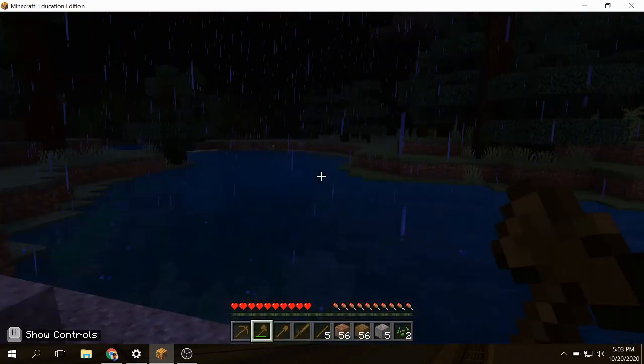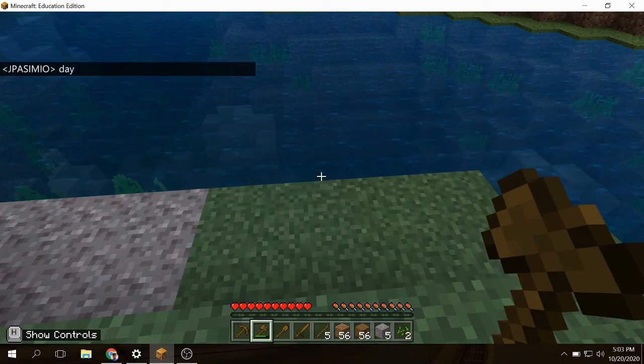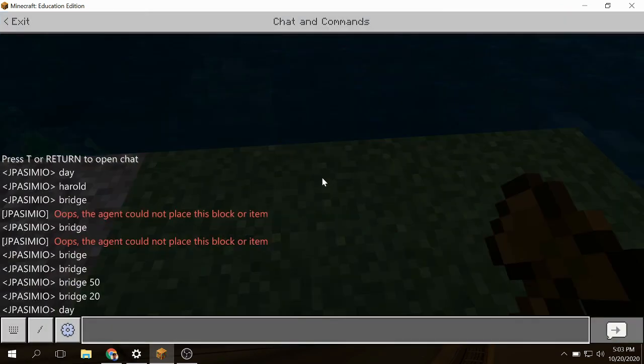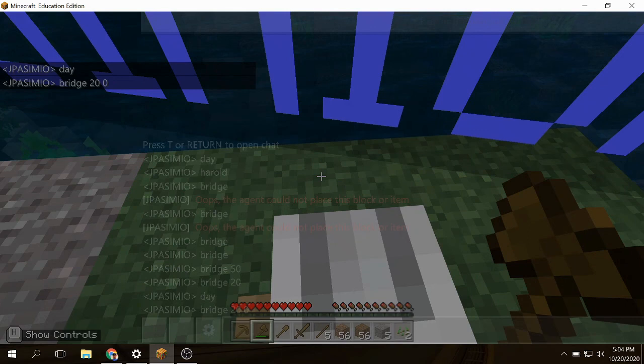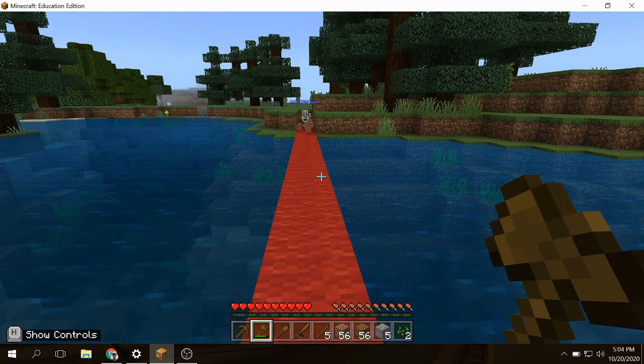So let's go ahead and play. Oh no, it's nighttime and it's raining again. Let's use my cheat codes to make that work. So I'm going to go right here, and let's say I want a bridge. I want it to be 20 long, and I want it to be facing direction 0. There he goes. Okay, maybe 20 was a little bit too far, but you get the idea. So now you have some basic